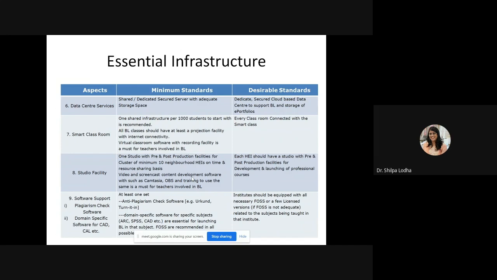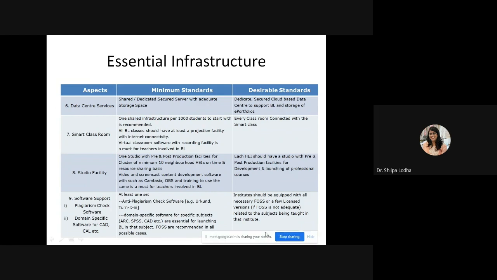Again, there is domain-specific software for specific subjects, like you can have ARC, SPSS, CAD or CAL. But what I suggest is you should use as many free open source software as possible, because you can use your financial resources for other purposes also.